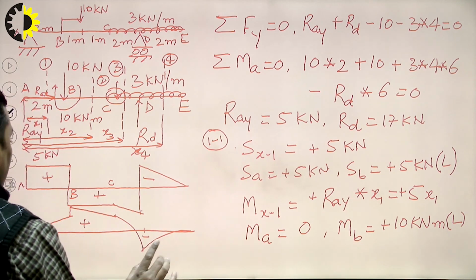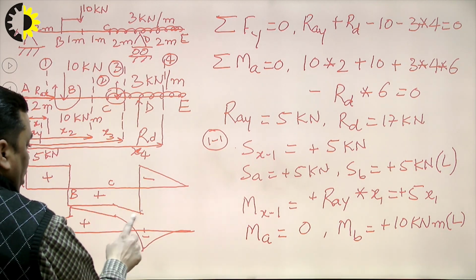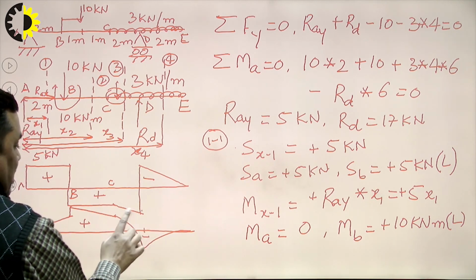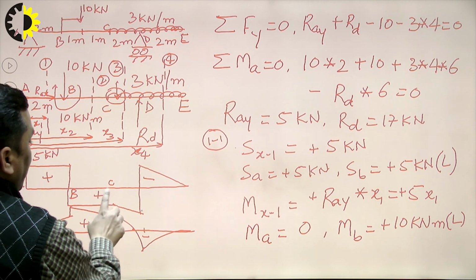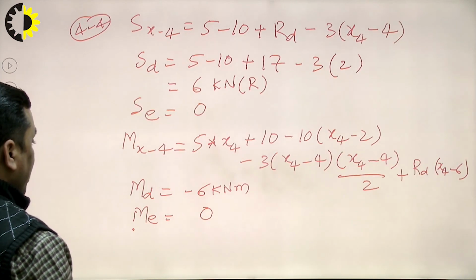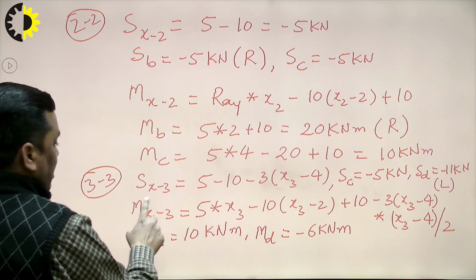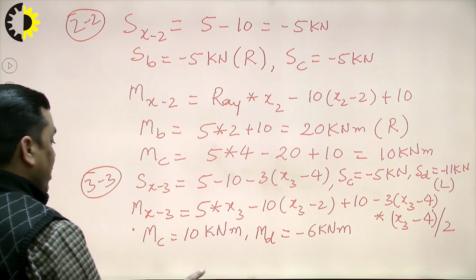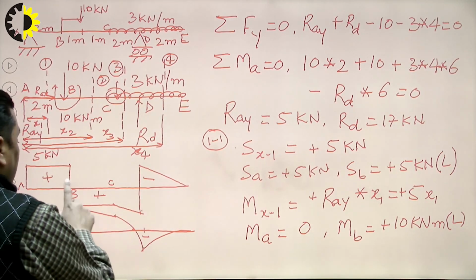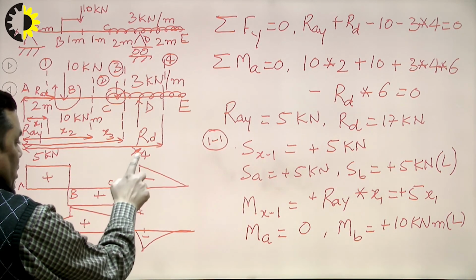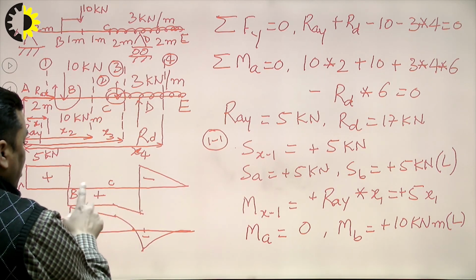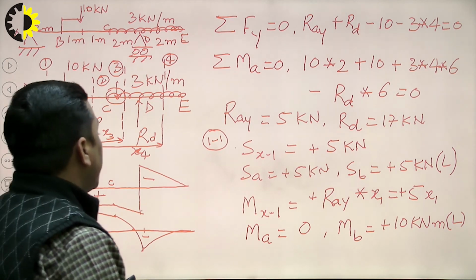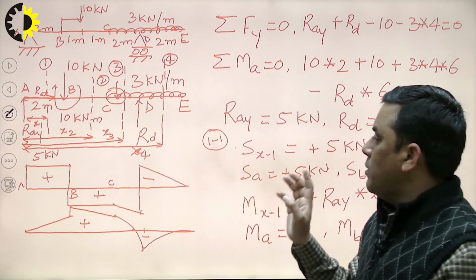Okay. We can also find out the point of contraflexure. This is the point of contraflexure where the bending moment is changing its nature. So, it is in between point C and D. So, by putting the equation between C to D, this is the equation. By putting this equation to 0, we can get the value of x3, which will represent the point of contraflexure. Here at two places shear force is changing, or shear force is getting 0. So, at these points the bending moment will be maximum. So, like this we can solve any problem of shear force and bending moment.